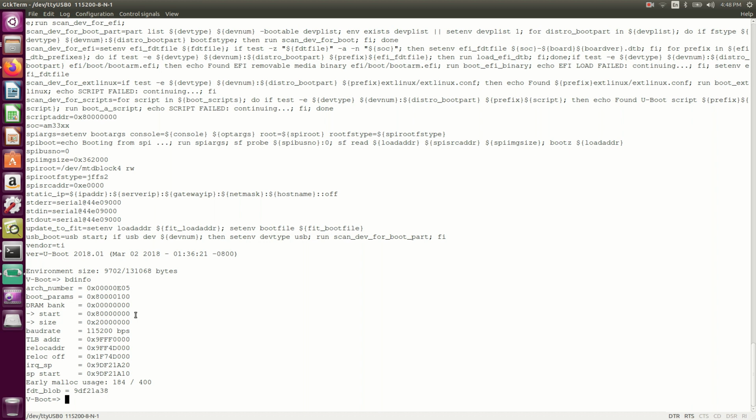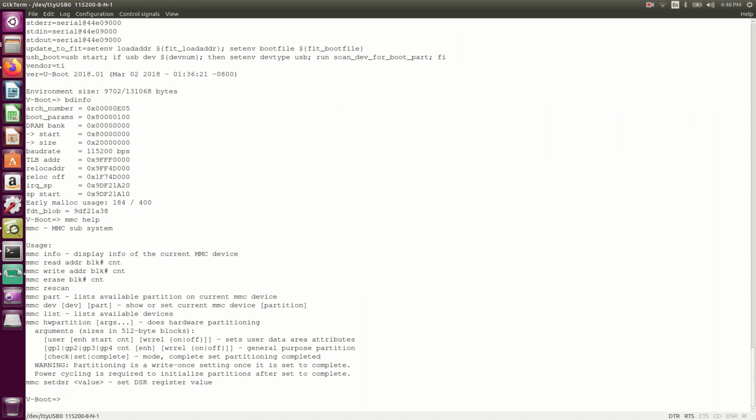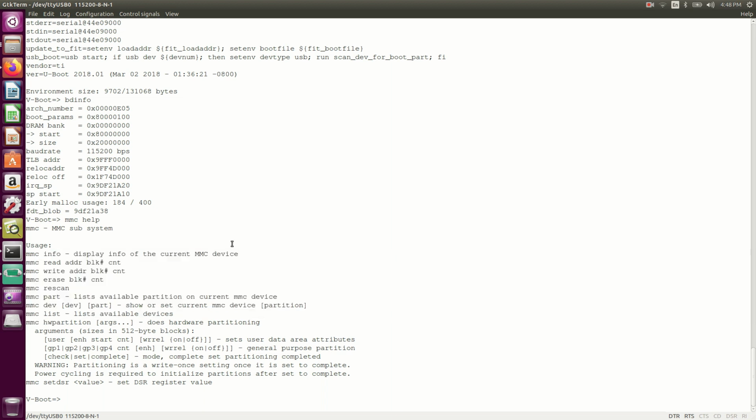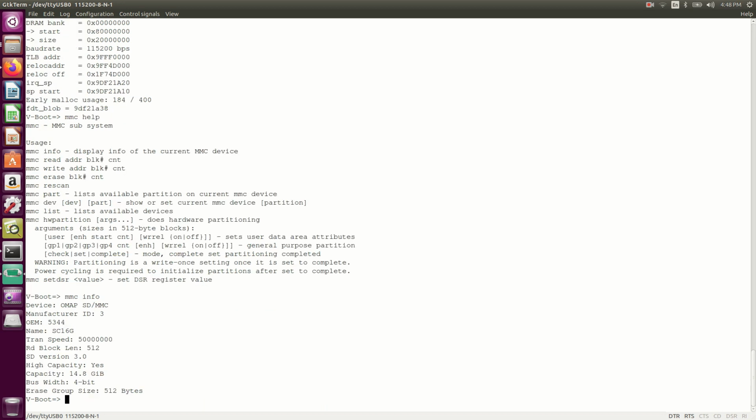Okay, so the next command, we can use mmc. So mmc, we can use help here, because we don't know what the mmc subsystem commands are. So usage, okay, there are so many commands we can use. First is mmc info.